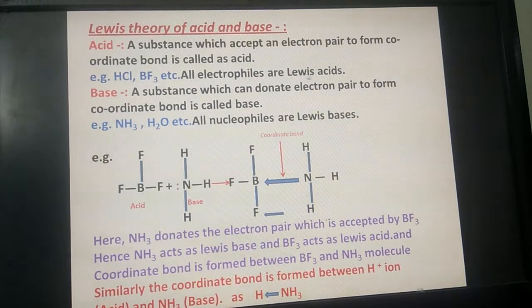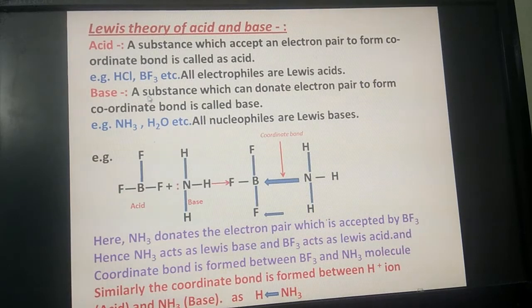All electrophiles are Lewis acids. सगळे इलेक्ट्रोफाइल्स, सर्वच्या सर्व, all electrophiles are Lewis acid. What are the electrophiles? What is meant by electrophiles? Electrophiles म्हणजे पॉझिटिव्हली चार्ज्ड स्पेसिस किंवा न्यूट्रल मॉलिक्युल्स. Positively charged species or neutral molecules having electron deficient center are called as the electrophiles, or it is an electron loving species. इलेक्ट्रॉनला अट्रॅक्ट करतो, म्हणजे ज्याची आवश्यकता आहे, म्हणजे डेफिशियंट सेंटर आहे ते इलेक्ट्रॉन डेफिशियंट सेंटर. एक्झाम्पल त्या ठिकाणी H+ आहे, Cl+ आहे, HCl आहे, BF3 आहे, एक्सेट्रा.